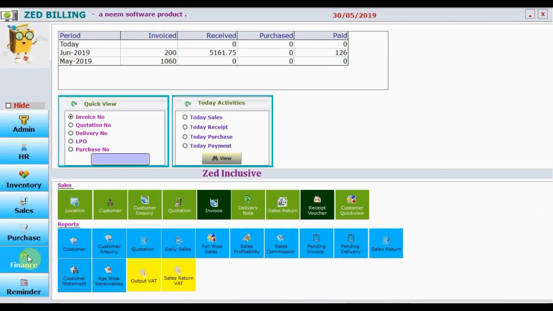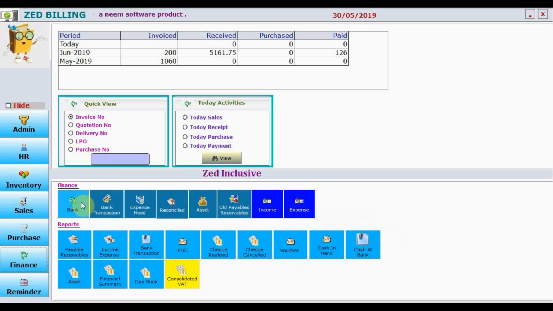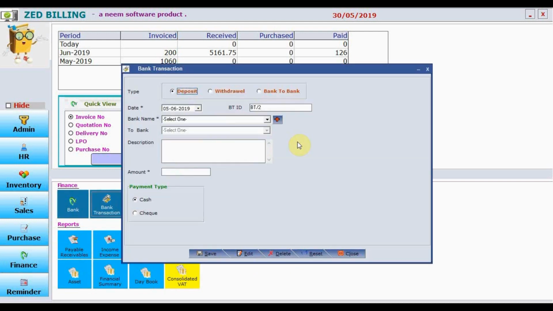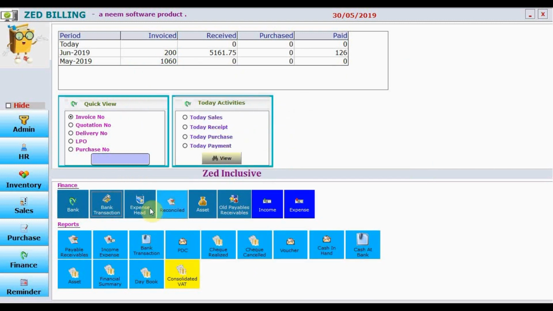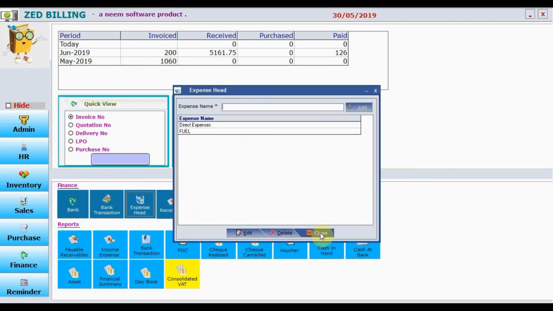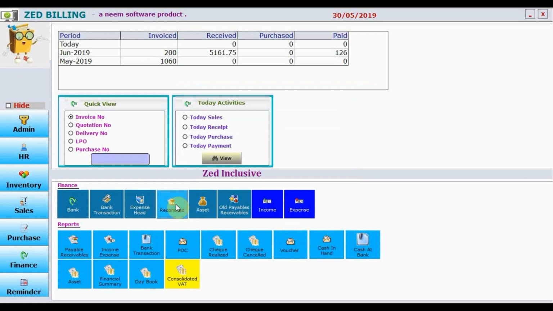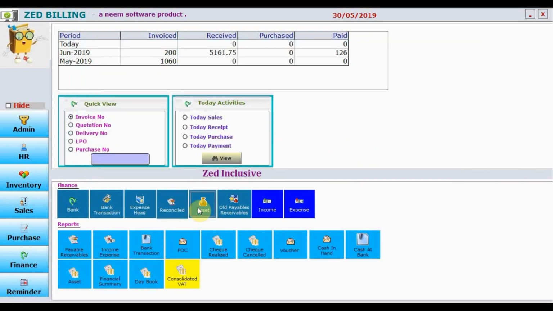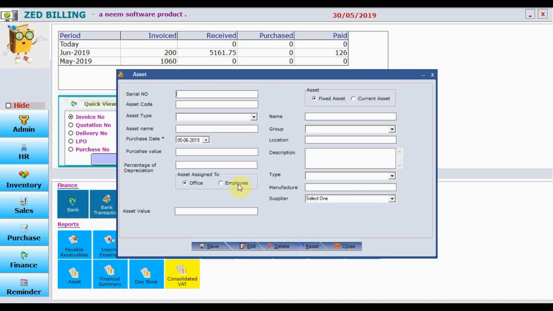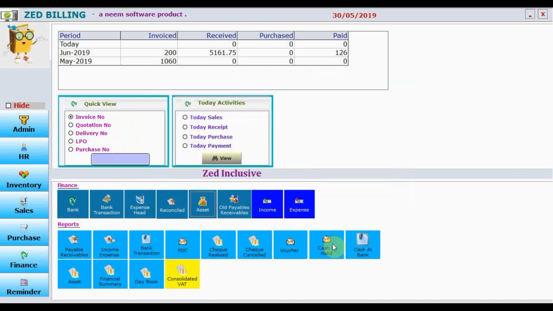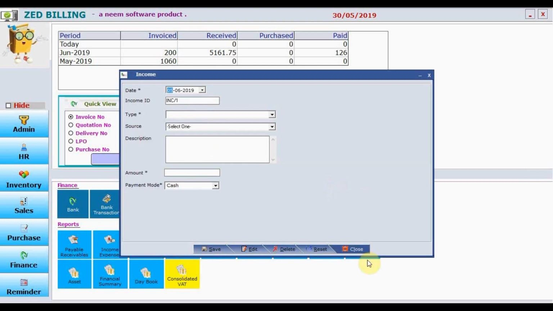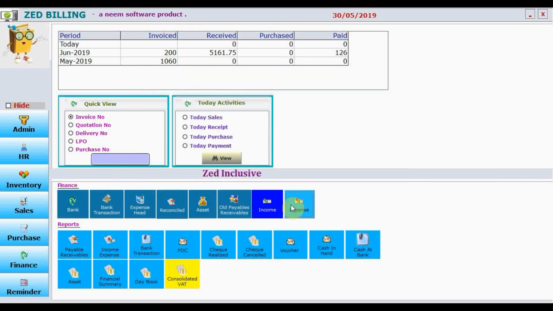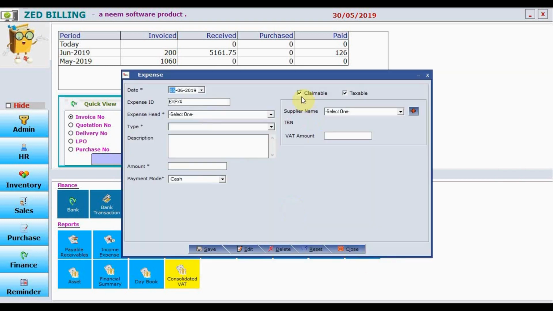Then on finance we have bank. You can have multiple banks through the system. Then bank transaction to note the deposit, withdrawal and bank to bank. And also you can create the expense heads, like different expense heads can be created. The cheque reconciliation module will help you to reconcile the cheques. Then asset module for adding all the assets, whether an employee is holding the assets or it is an office asset. Then other income from other sources, we can add it, and you can make the expenses also,